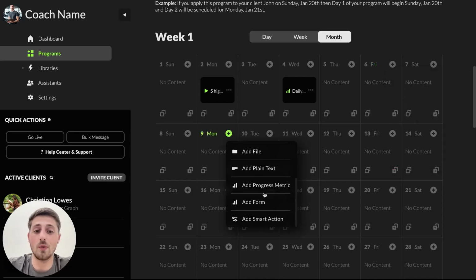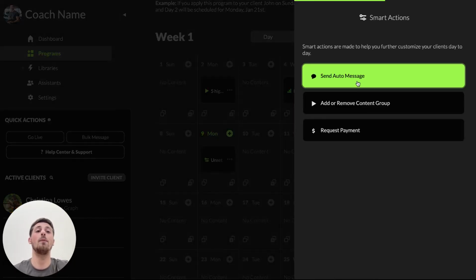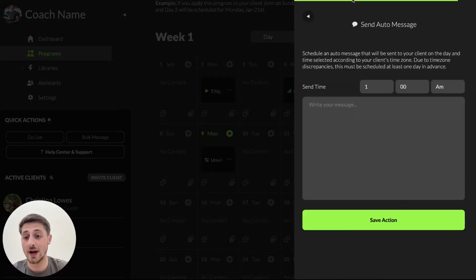Even things like smart actions. So these are really cool as well. We've had so many coaches that send out certain newsletters or announcements, or maybe they sent out motivational messages through email once people reach certain days of the program. Sure, those are ways to do it, but if you really want clients to read it and to interact with it, you may use smart actions directly through MyCoach AI. And it can, for example, be used to send auto messages. So those email announcements that I just mentioned that need to be linked to program days, you can simply set them up as auto messages.